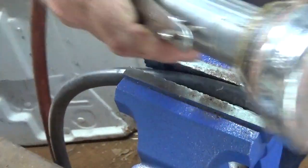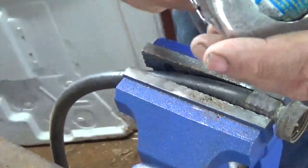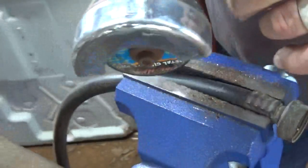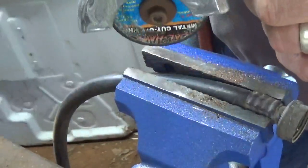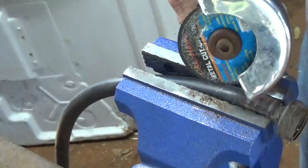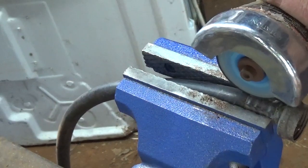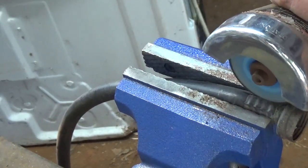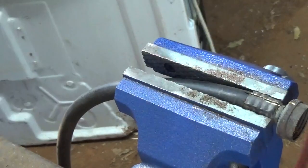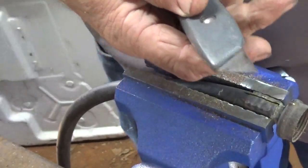Then I'm using a little Harbor Freight, I believe that's Harbor Freight. I'm not even sure anymore. I don't even see any markings on it other than the safety sticker. You can see this blade's getting down there. So I'll make a cut there, then take your box knife